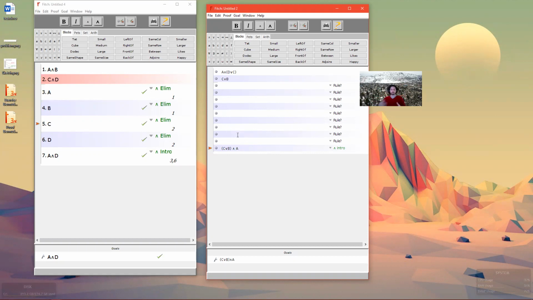And so all I need to do is somehow find this side and then find this side. So right now I'm going through a technique where I'm in a sense walking backwards. I'm thinking, how would I get to my conclusion? And then I'm thinking about, okay, well now how could I get there? So the idea is if I could get A on its own line, and I could also get C or B on its own line,